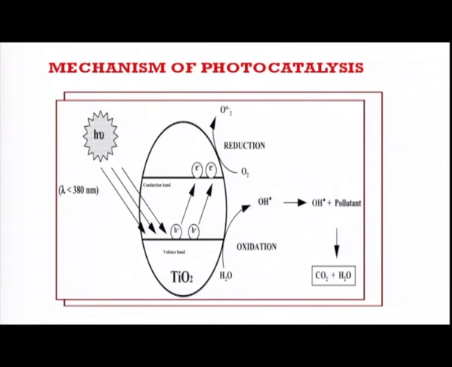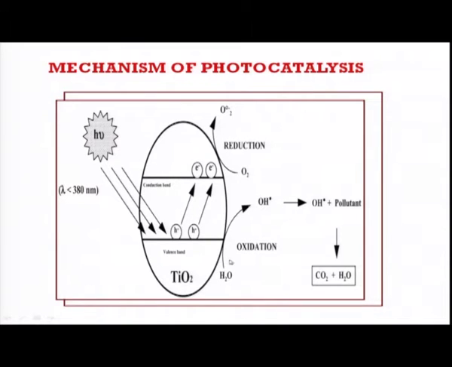And how it works, this diagram clearly shows titanium dioxide. Suppose it is exposed to UV light with a wavelength less than about 380 nm. This is the valence band and the top one is the conduction band. By exposing it to this light, a hole (H+) is generated in the valence band. At the same time, an electron will be generated in the conduction band, and because of this,